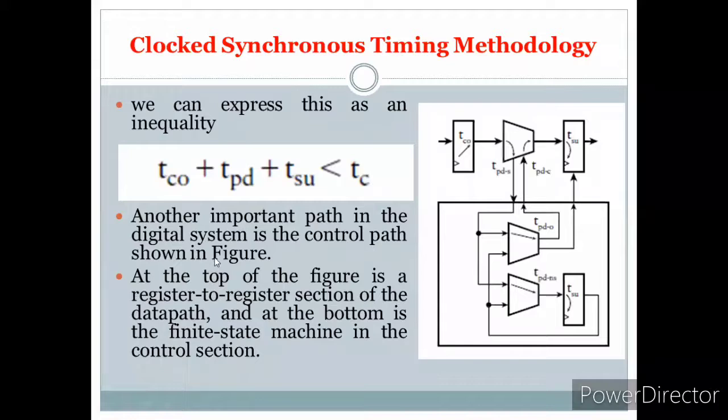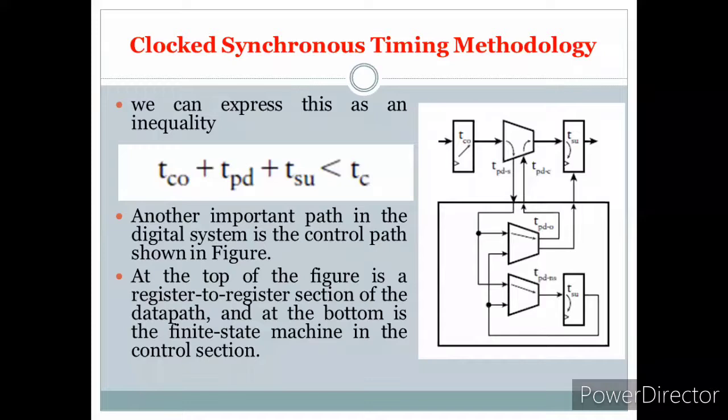At the top of the figure is the register-to-register section of a data path, and the bottom is the finite state machine in the control section. As we already studied, the control section is nothing but the finite state machine. How the sequence of operations happens is entirely controlled by the finite state machine.